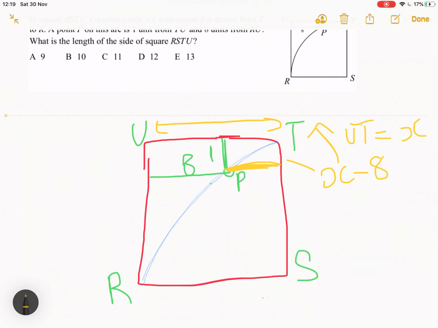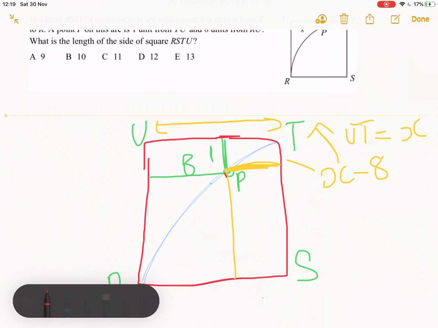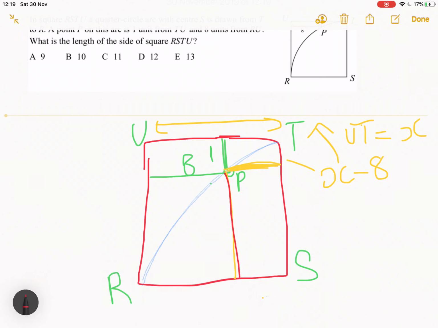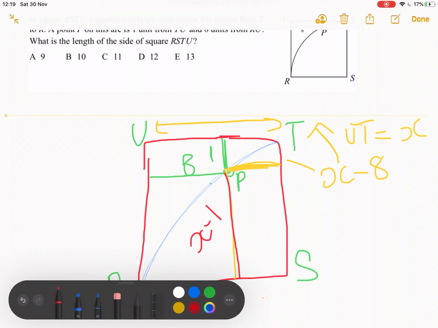So if UT is x, then this yellow line would be x minus 8. Similarly, if UR is x, then this red line here would be x minus 1. And then we can draw a triangle from P to S,